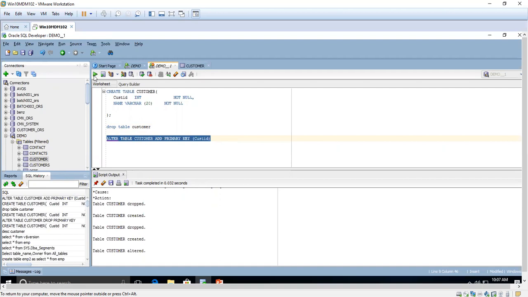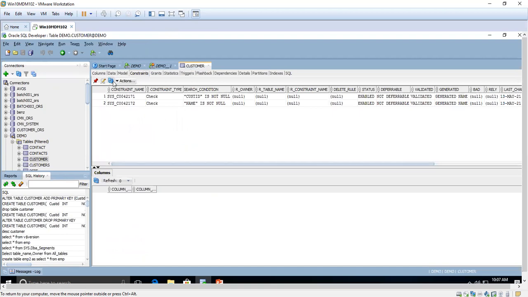That means the primary key is added on the column customer ID. See, that has been created with the system constraint name.